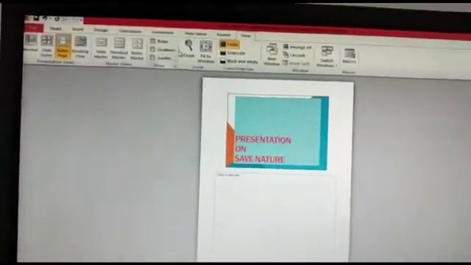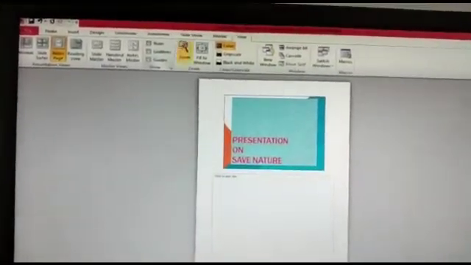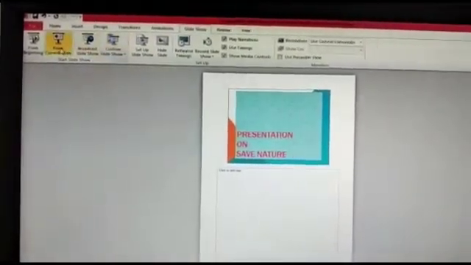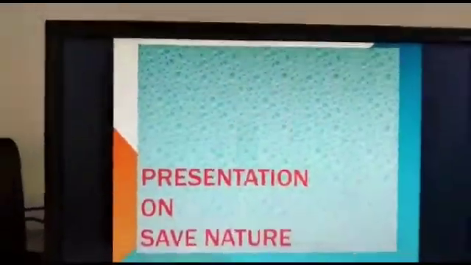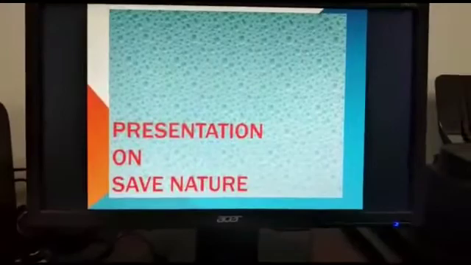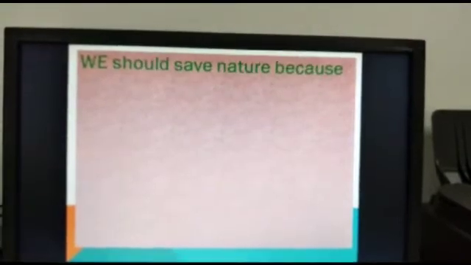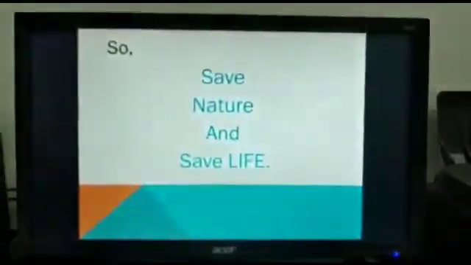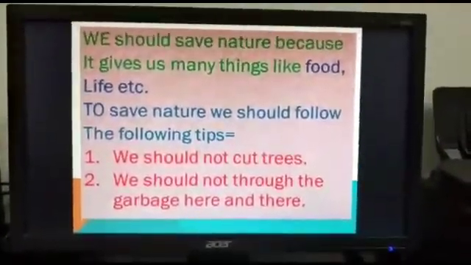And what you will do, if your presentation is ready, you click on the slideshow and we click on From Beginning, and in this way you can view your slides. You can check your slides by clicking on the right arrow key. When I press this right arrow key, the next slide will be shown. Yes, see here, I'll be clicking on the right arrow key because there is an animation on this slide. So in this way you can apply the slideshow.